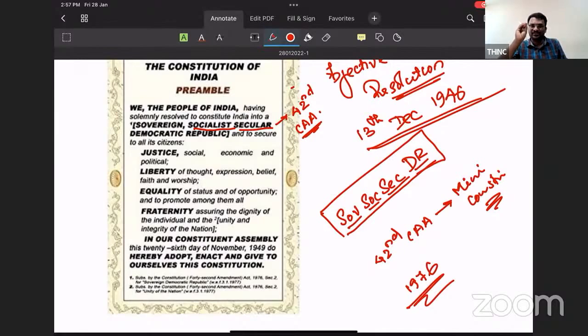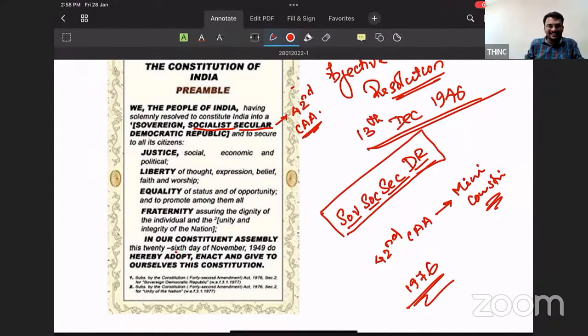Equality in case of status, equality in case of opportunity, and we need to promote them, and the constitution will promote among them all. Next is the fraternity, assuring the dignity of the individual and the unity and integrity of the nation. So the next important thing you need to take from this, or the reference you need to take from here, is in our Constituent Assembly,